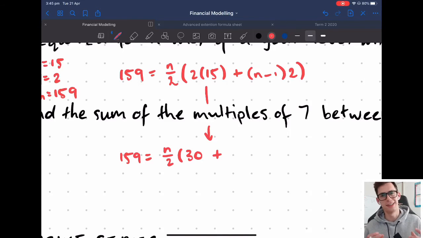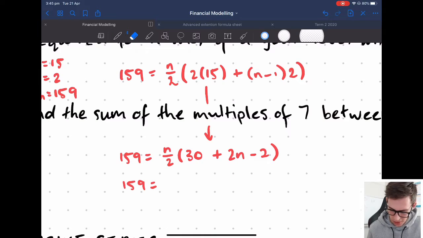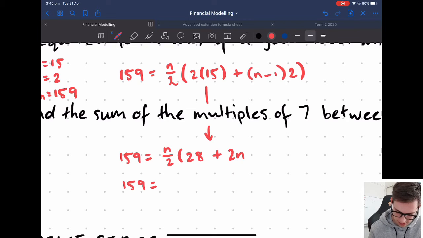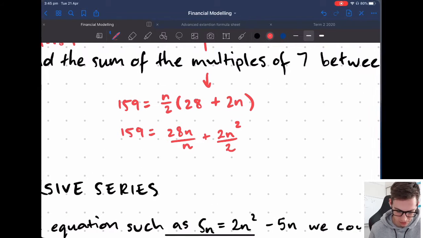And I'm going to expand that second set of brackets as well. So we're going to have 2n minus 2. Now, again, we might tidy this up. I'll cheat and use my eraser. I know that 30 take away 2 is just going to be 28. So I can write it as such, okay? And then I'm going to have 28n over 2 and 2n squared over 2, which again is all going to simplify down to